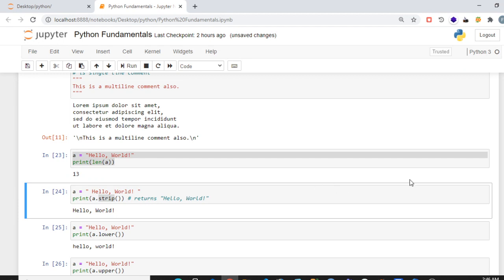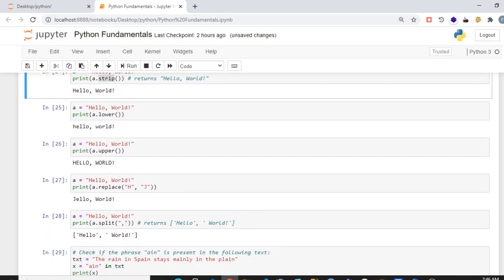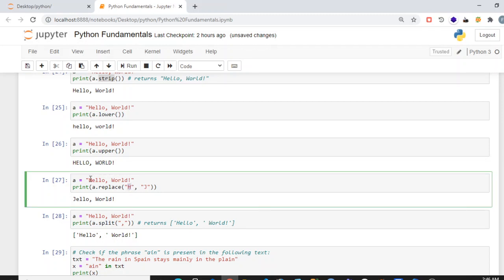Then we have lower and upper functions that will change the text case to lower or upper. You can see the outputs below as well. Then we have a replace function with which we can change the values. For example, in this example, I have replaced the character h from hello world to get yellow world.